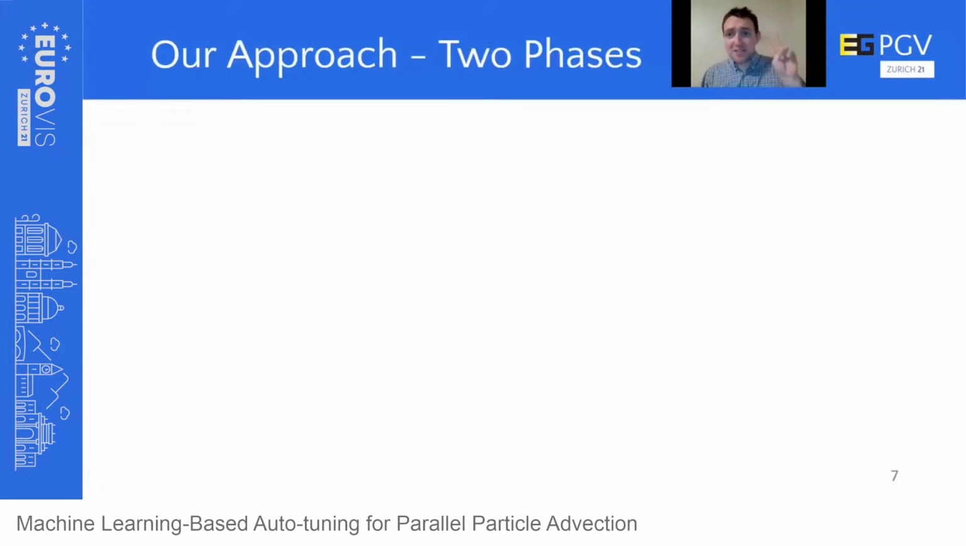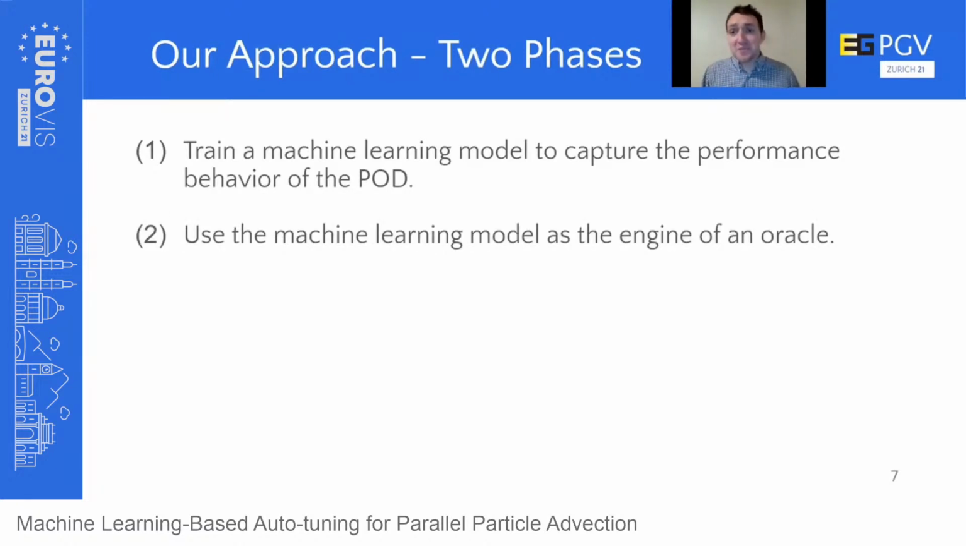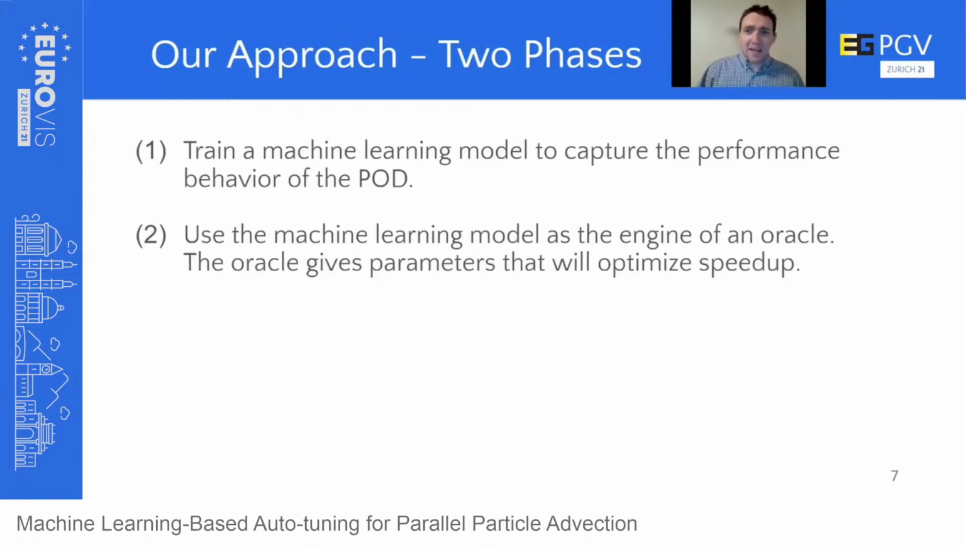So to answer these research questions, we considered a two-phase approach. The first phase is that we were going to train a machine learning model to try to capture the underlying performance behavior of our Parallelize-Over-Data particle advection algorithm. The second thing we wanted to do is incorporate this trained machine learning model, acting in some ways as a surrogate model, which could then inform the engine of an oracle. The motivation behind this oracle is that it's going to spit out parameters which will ultimately optimize for speed up given a particular